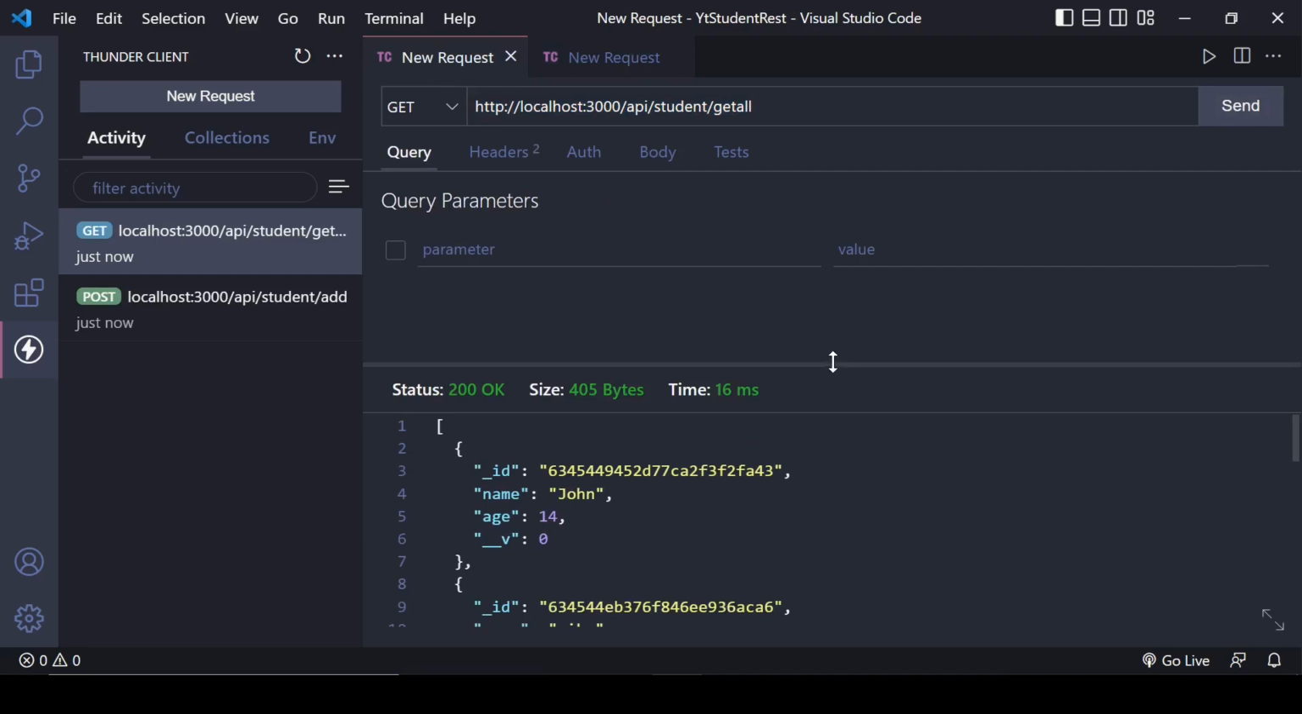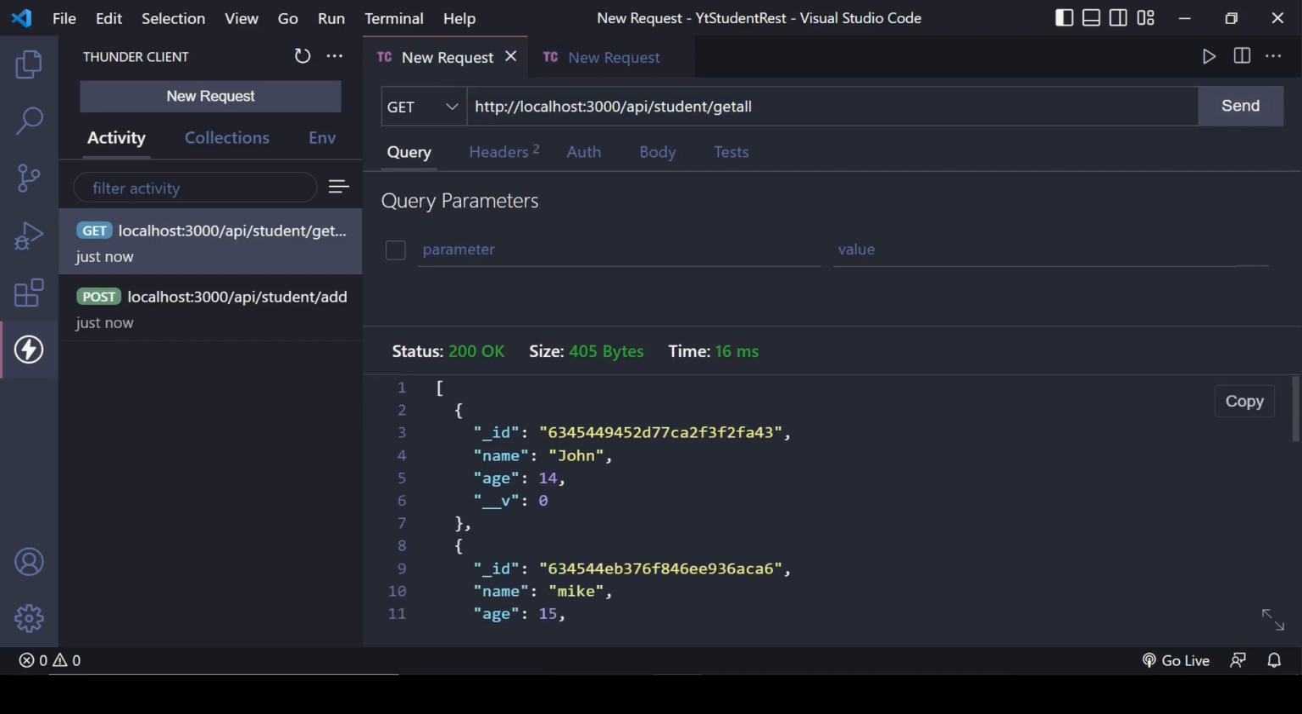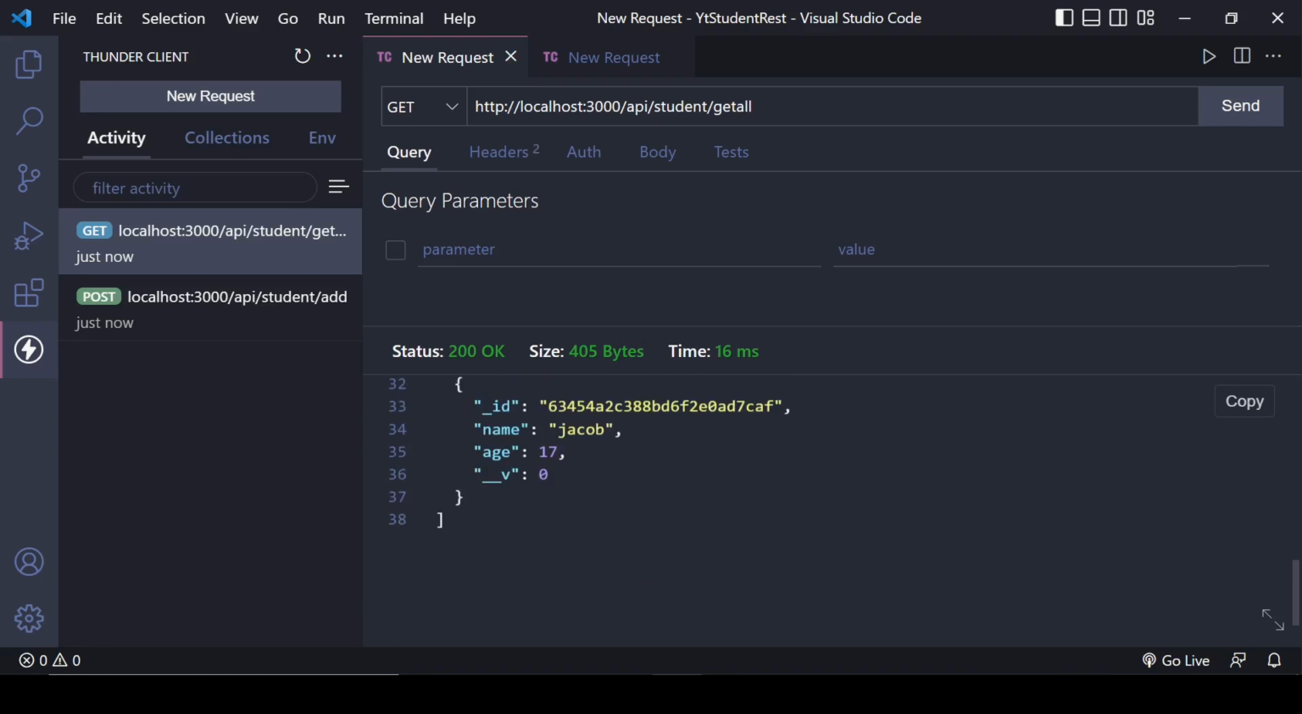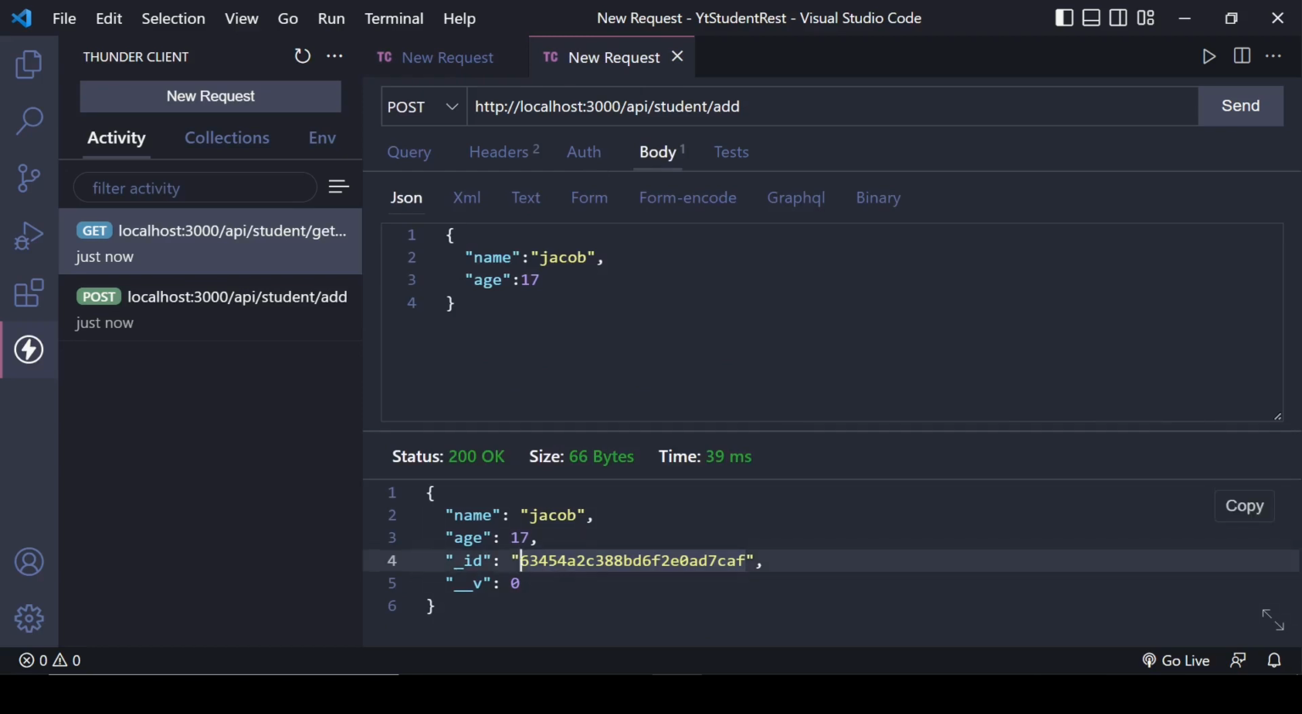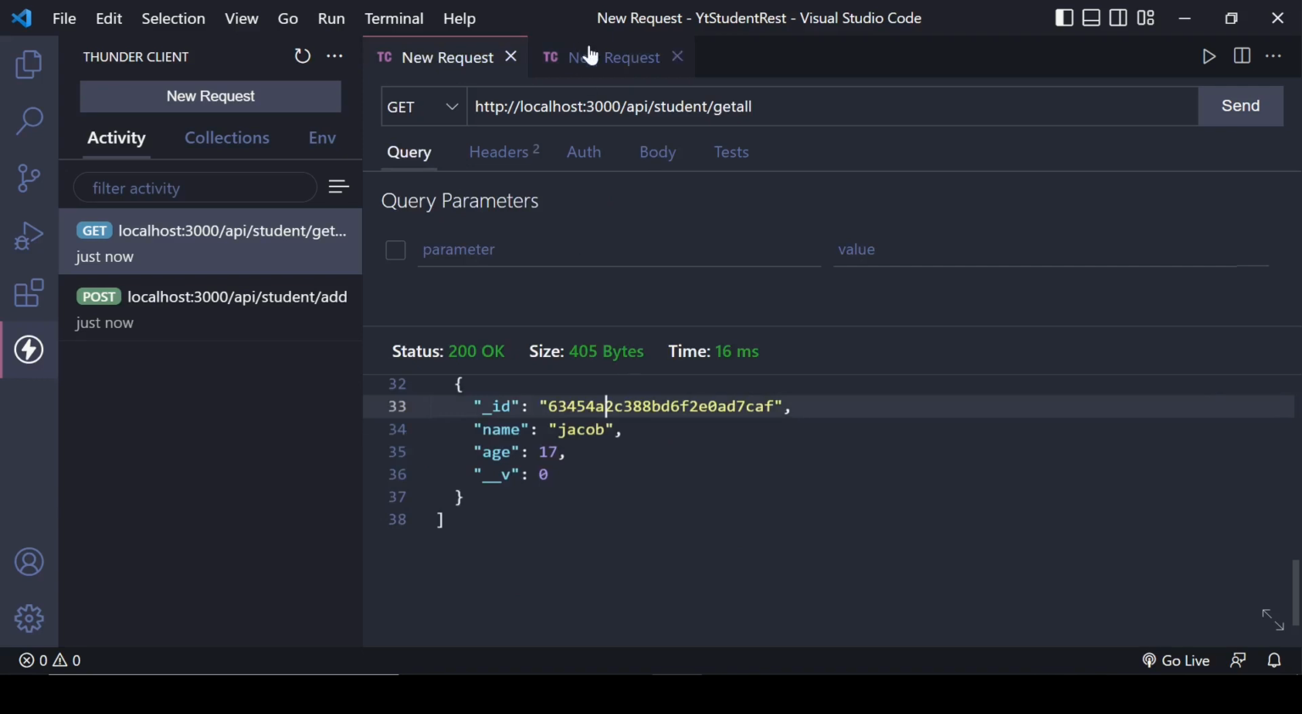Now let's check all the records we have saved in our database. So these are all the records we have saved, and this is the record we saved recently, with the name Jacob. So here is our record. Let's check some other methods, like get by ID,